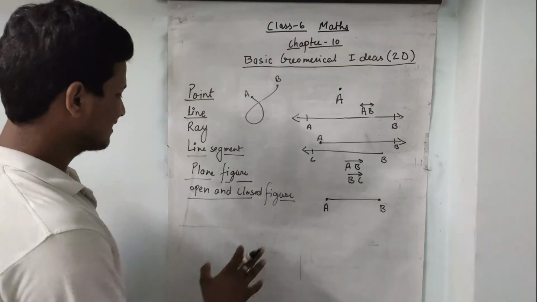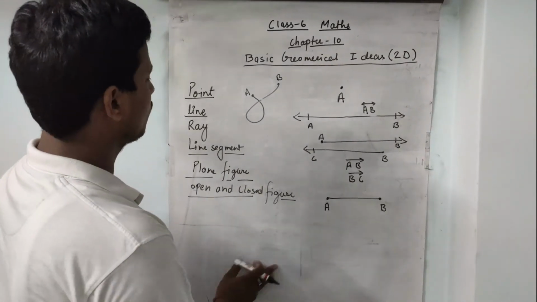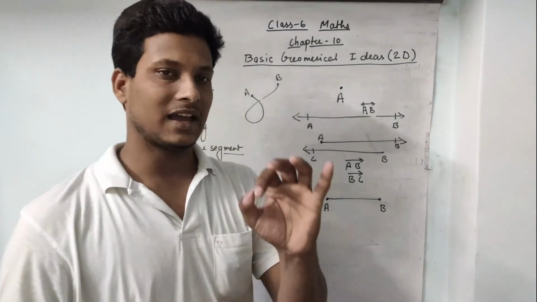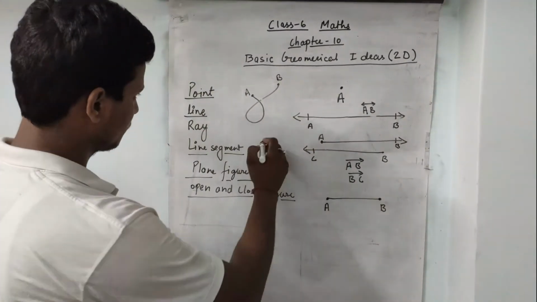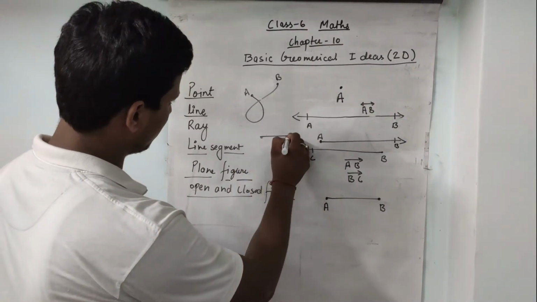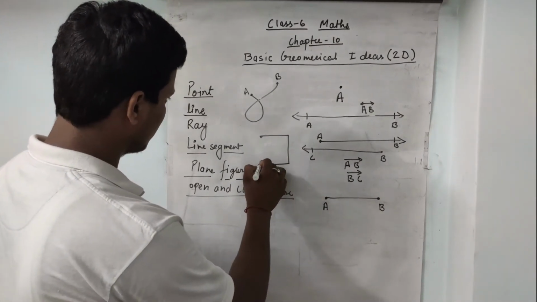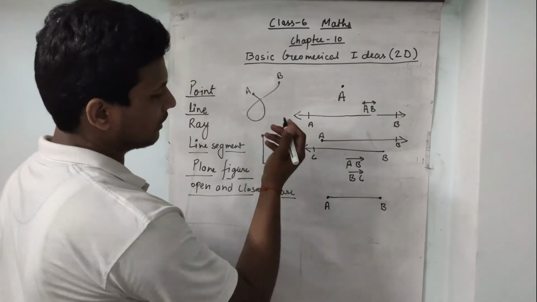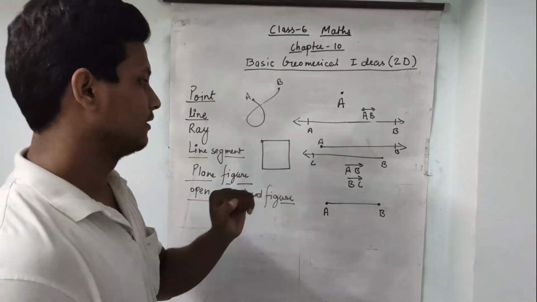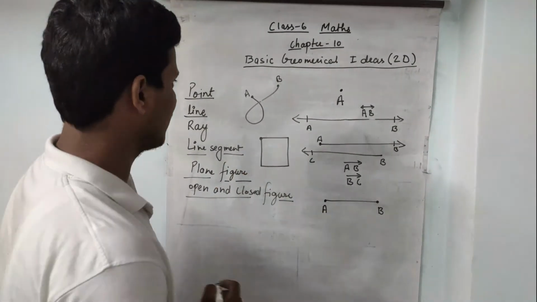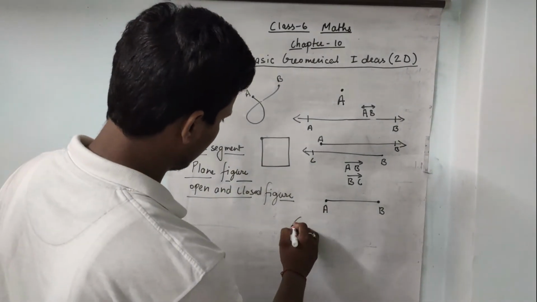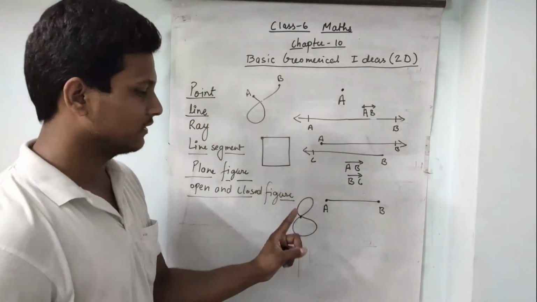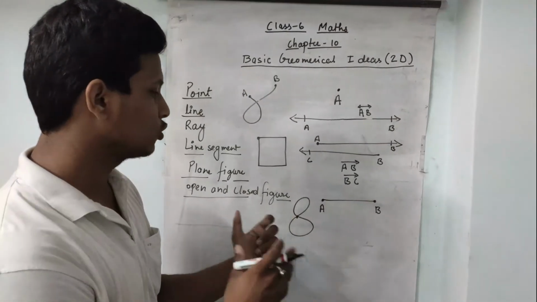Okay. The next is closed figure. Closed figure means that the starting and ending point of a figure is the same point, like that. I have started a figure from here, then moved here, then here, and again ended with this point. So this is the same point where we started and where we came to an end. So this is called a closed figure. Like another figure, one more figure I am drawing here, like that. This I have started from here and also come to an end on this point. So this is called a closed figure.